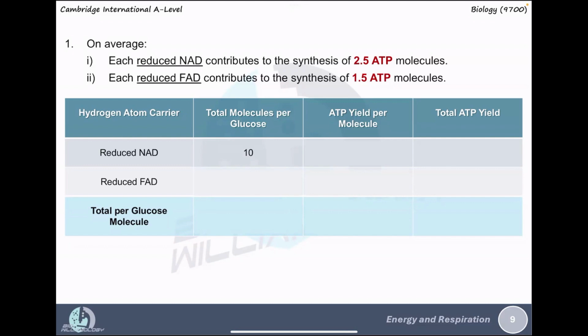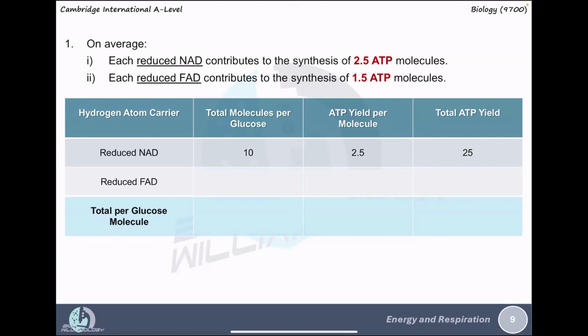So each reduced NAD contributes 2.5 ATP yield per molecule. So therefore, 25 ATP molecules can be synthesized through this oxidative phosphorylation through the contributions from